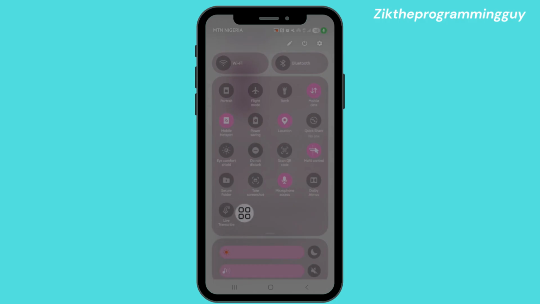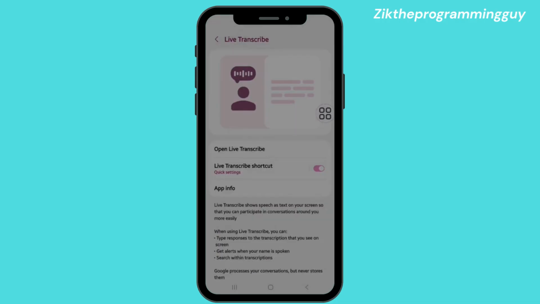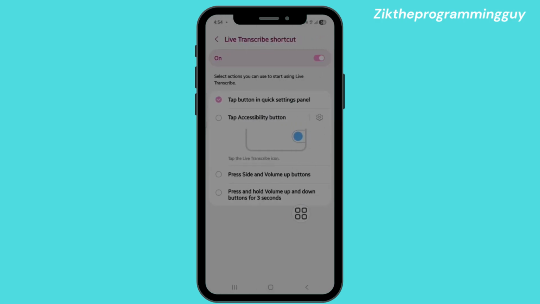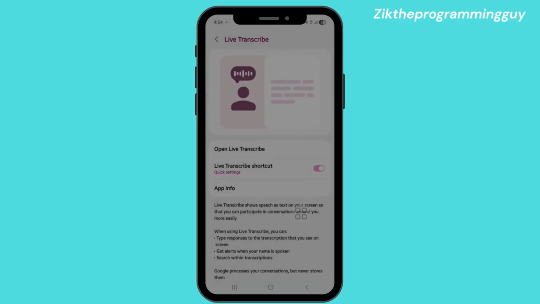You can see right here below, this one right here, live transcribe, or you can either choose to make it be a part of your accessibility button. This one right here, it can be here. That's the quick panel. And or you can decide to turn it to press side and volume up button, or press and hold volume up and down button for 3 seconds. So you can decide the shortcuts for that. So after doing all that, all you need to do is open up